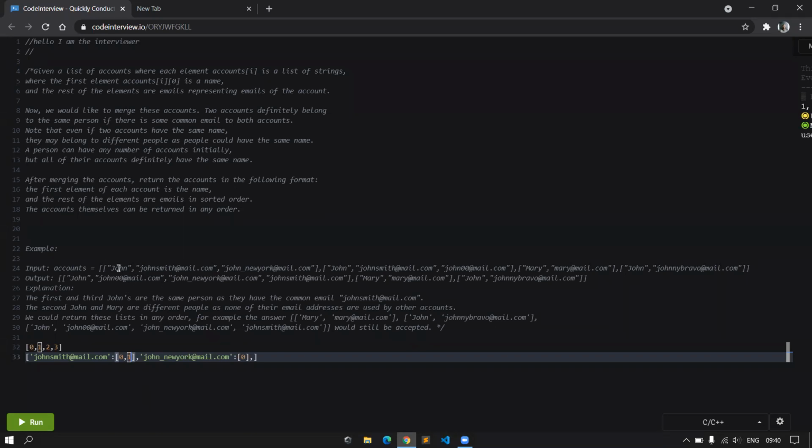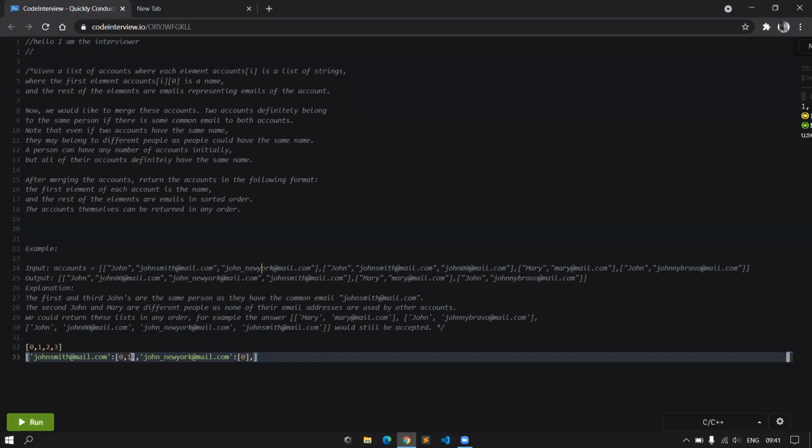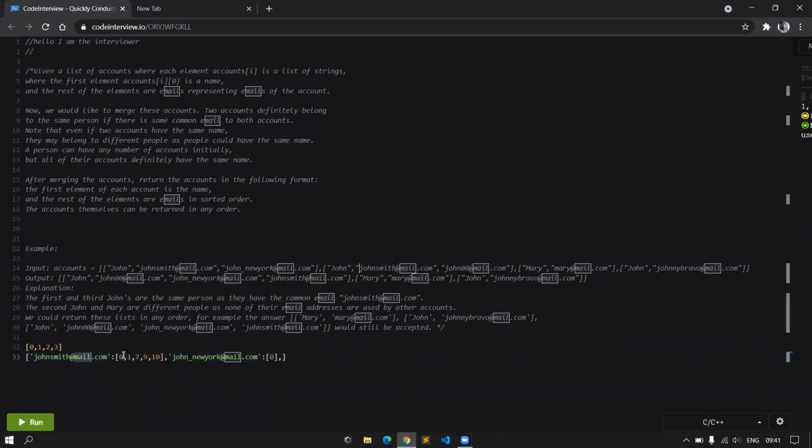Okay. So if you see here for John Smith at gmail.com, we can see there are two names which correspond to John Smith at mail item. But it doesn't have to be 2 items, right? There could be 100 items in one of these sublists. That's not a requirement. It just happens to be in the example that there's 2 items to keep the example simpler. Yeah, so it can be 1, 2, 3, or 7, 8, 9, or 10. So John Smith@mail.com comes from all these particular indices. That is what I meant.